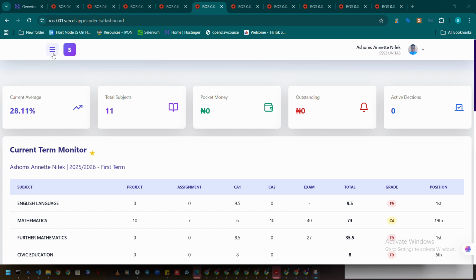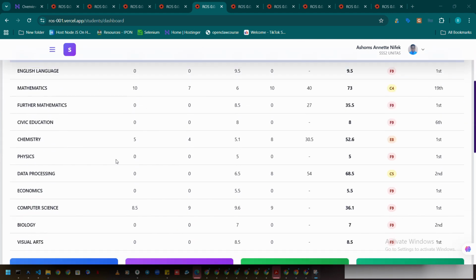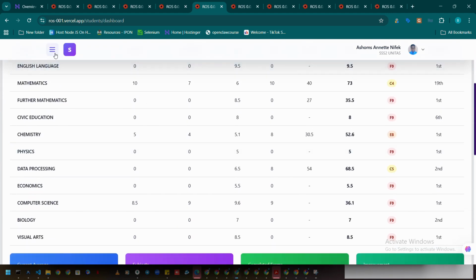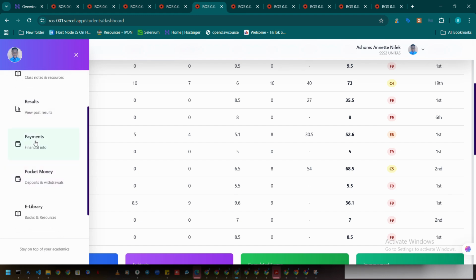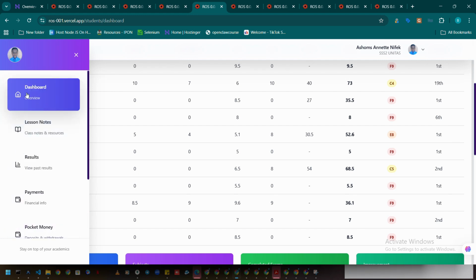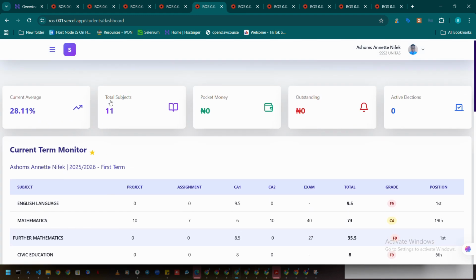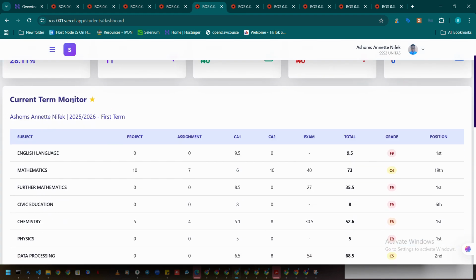Now, this is the parent access portal, right? Student and parent, I should put it that way, student and parent access portal where they have access to things like the lesson notes created by facilitators, result catalog, payments, pocket money breakdown, e-library material, and also participate in elections. Now, when you come to the dashboard, there's one key feature we call the current term